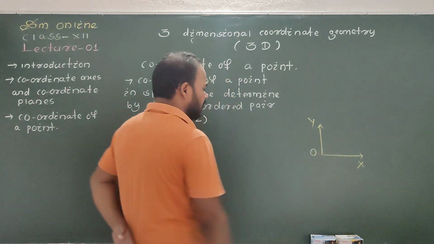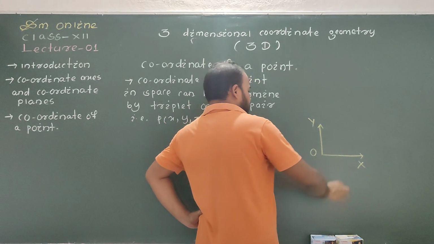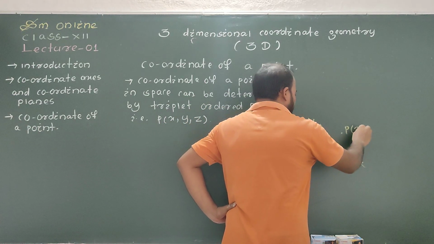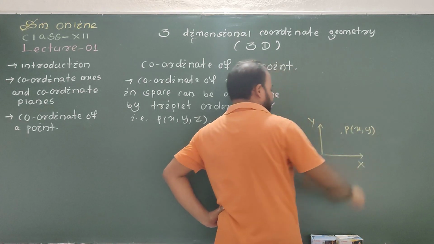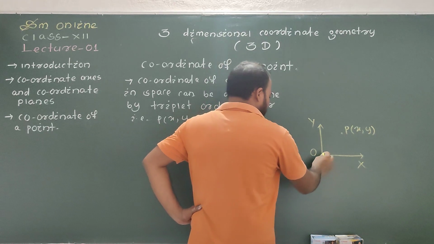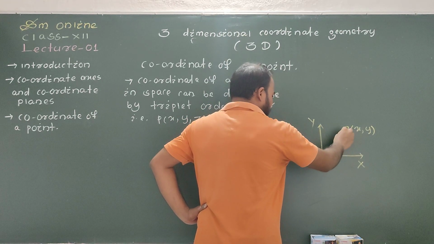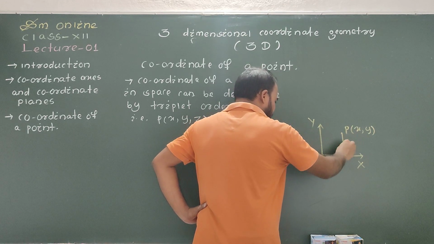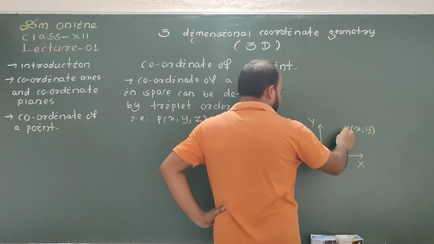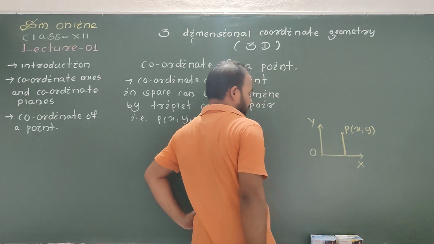First consider a plane. Now point P has coordinates x, y. From origin, if we drop a perpendicular from point P on the x axis,